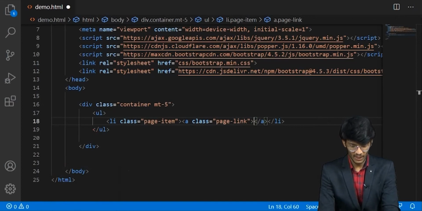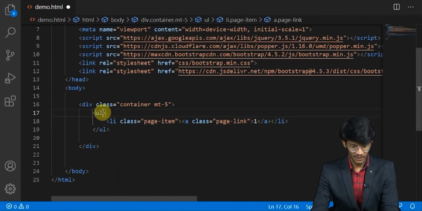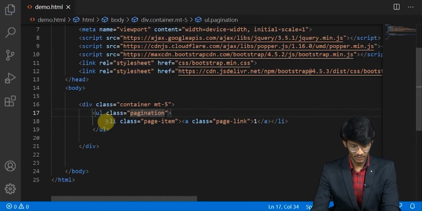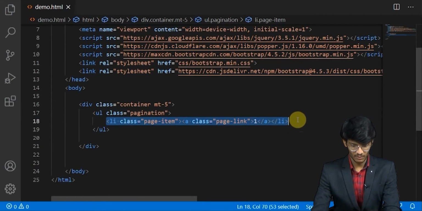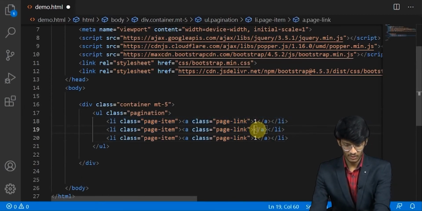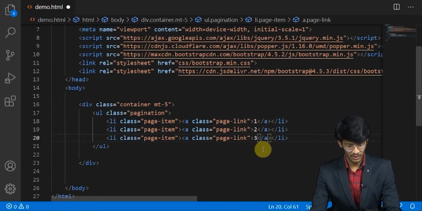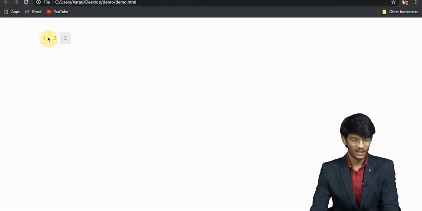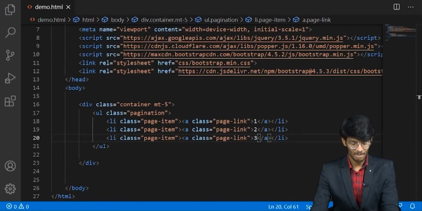So we can give it as 1, and we'll have to use a class pagination on the list. We'll copy this particular item and paste it two to three times. Now let's see it in the browser. Well, this is the pagination.